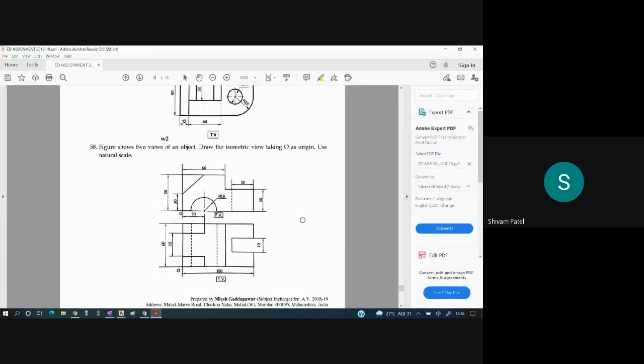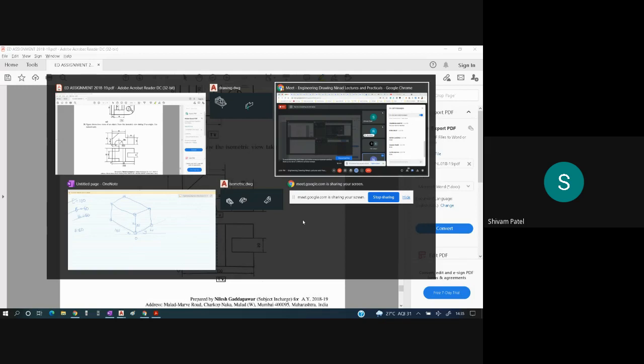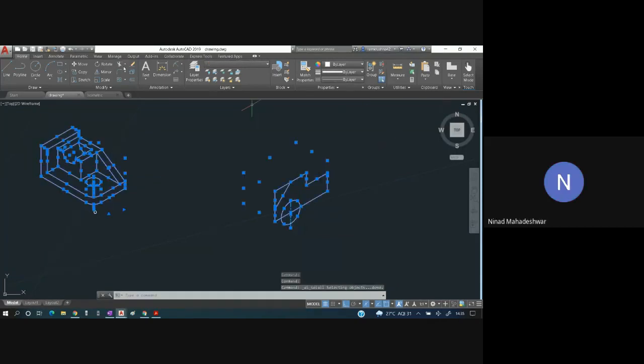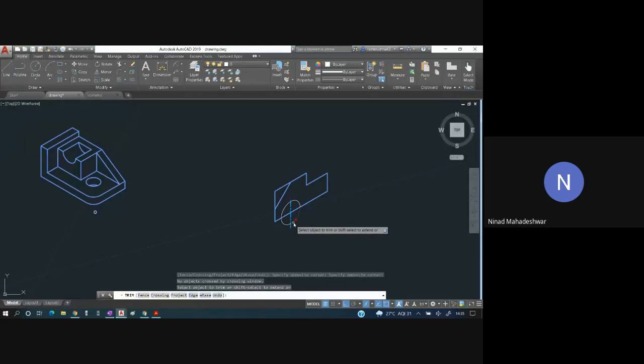Radius of 18 is given to you. So this is 18. I'll press enter. So this is done. Control A. What I'm going to do is we have to trim the lower portion. So this is trimmed, this is trimmed, and this is also trimmed.